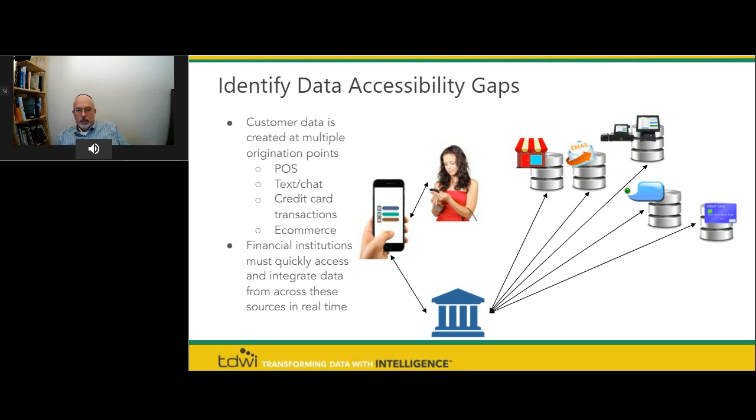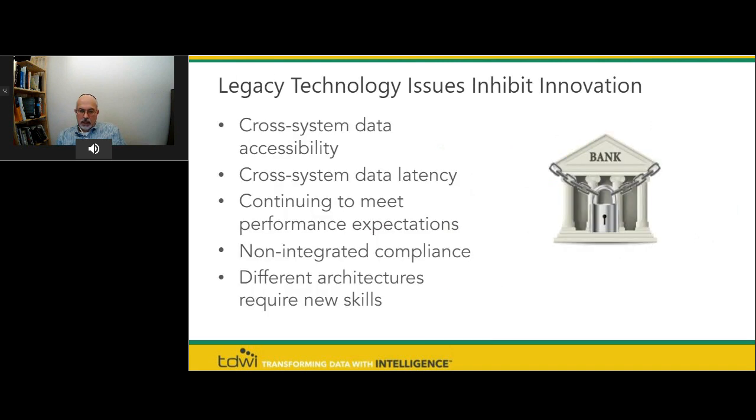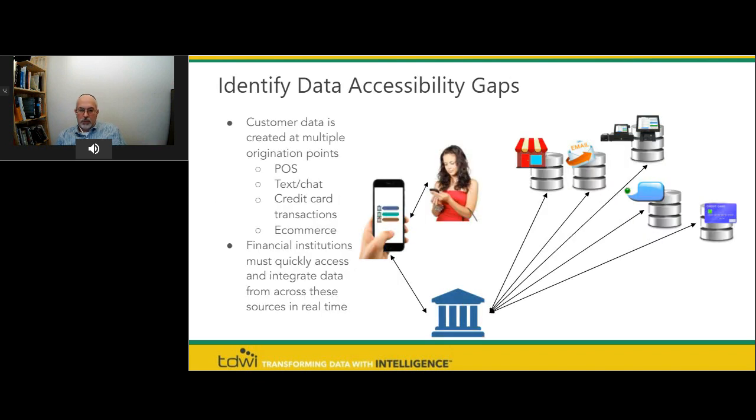And to be able to have a consistent, accurate, and up-to-date view, the financial institution has to be able to quickly access and integrate data from across these different sources in real time. And again, if you recall, one of our legacy technology issues is cross-system data latency. So we can't do things in real time if it takes more than real time to be able to get